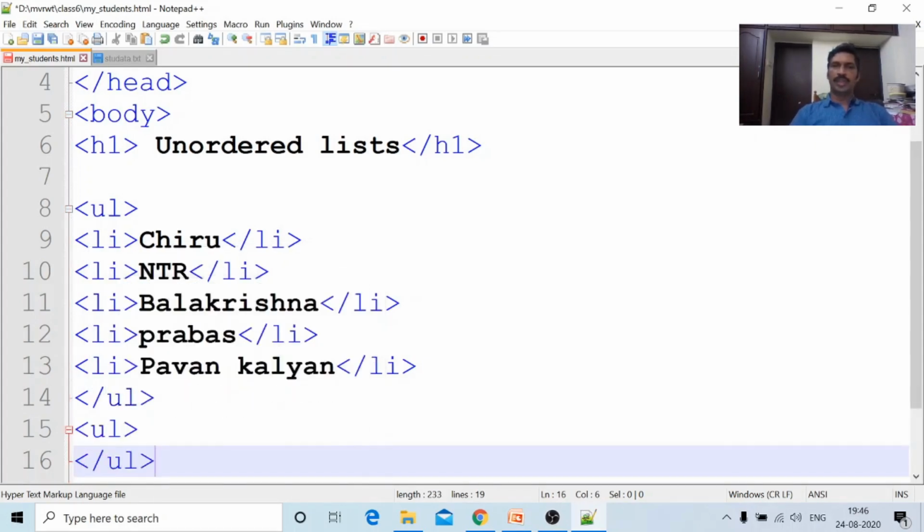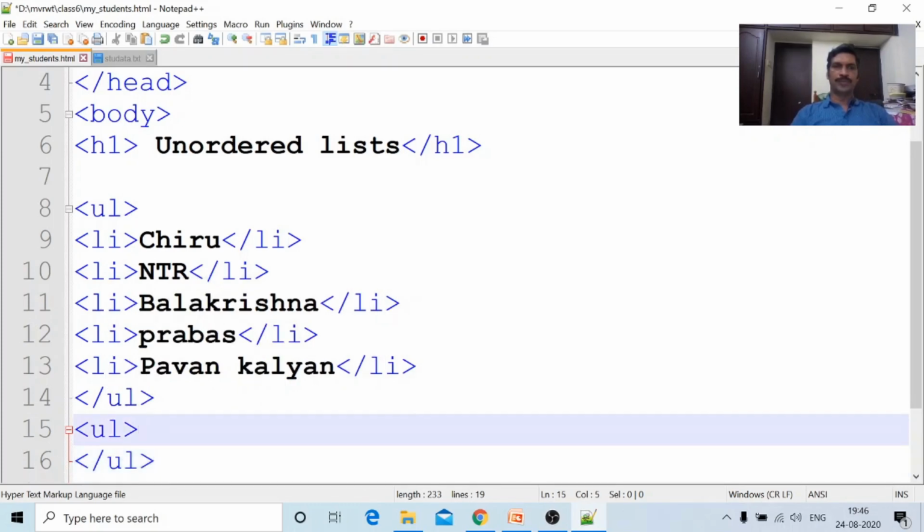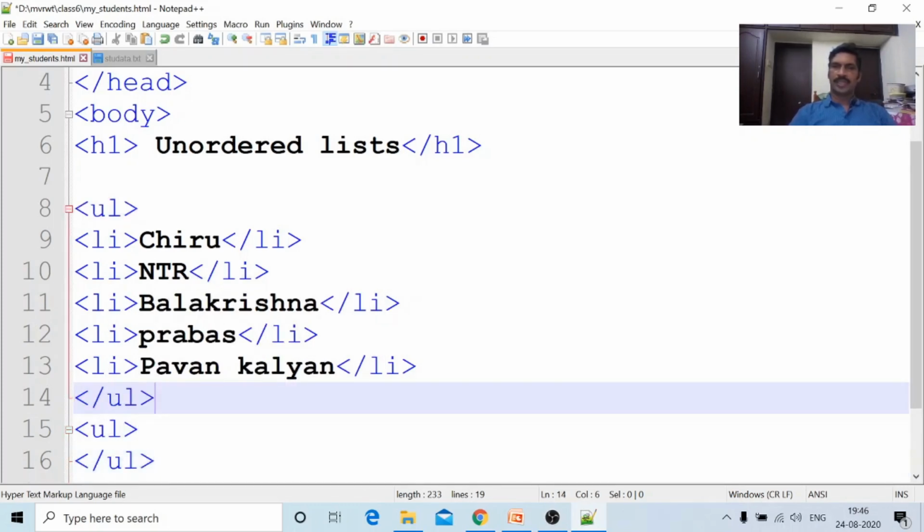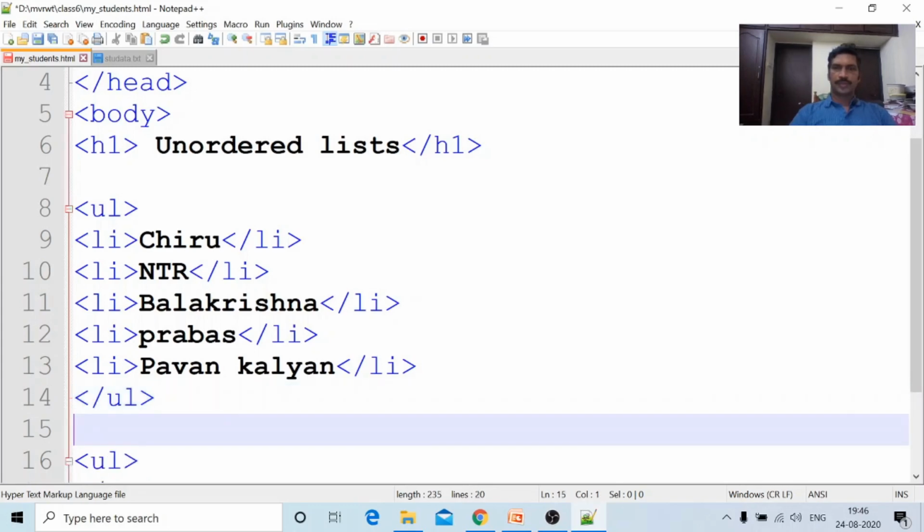Between the unordered list tags, I am placing the names, and here H1 and slash H1. It is not required, but for our purpose I am writing it here.